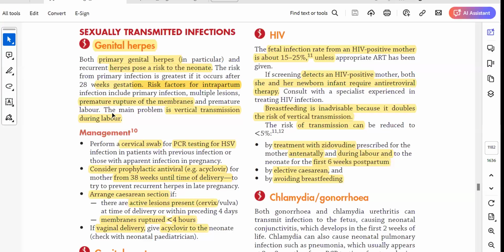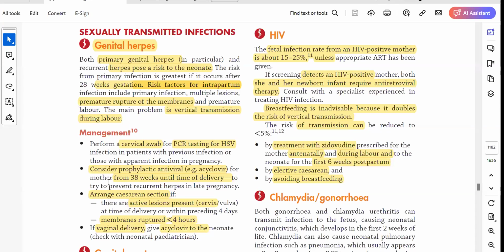Okay, so if you have a patient who is complaining of a burning rash in their vaginal area, then you would think that is the only cause. Usually a burning rash around the vaginal area is genital herpes. So if that is the case, you need to perform a swab. You take a cervical swab and send it for HSV, which is herpes simplex virus PCR, and that can confirm if the patient has an infection at the moment or not.